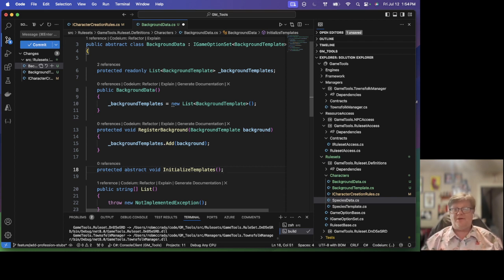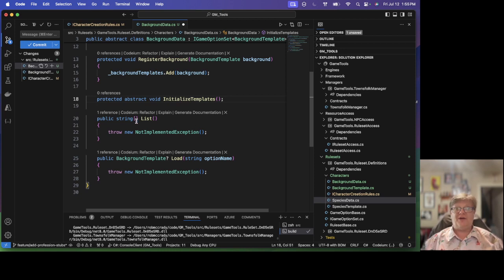And that's the method that is going to be unique to each kind of background data class that actually gets used. This is what we're going to call inside those classes to register the backgrounds for the specific rule set that we're using. Now, down here, List,